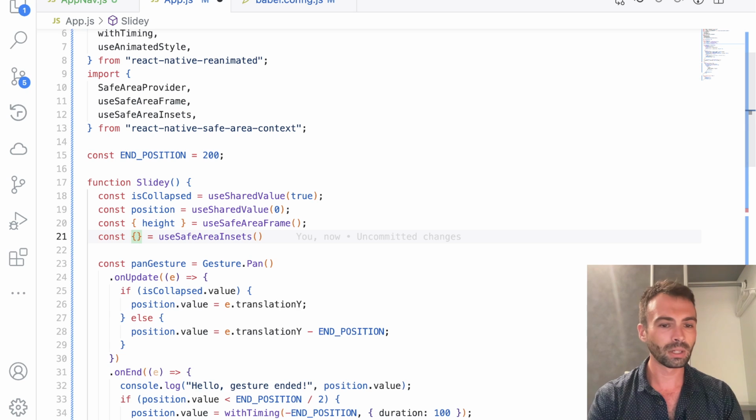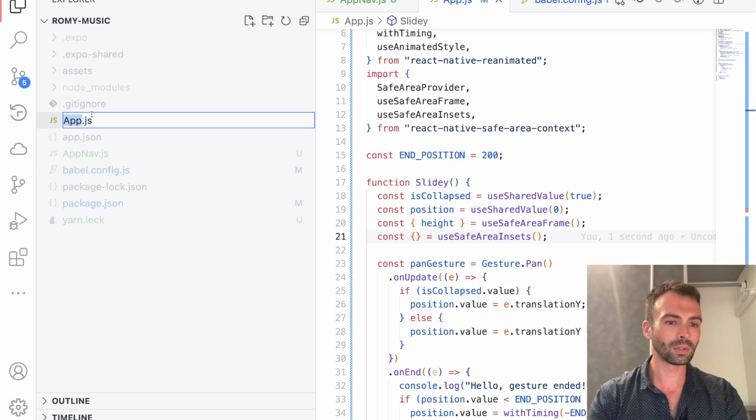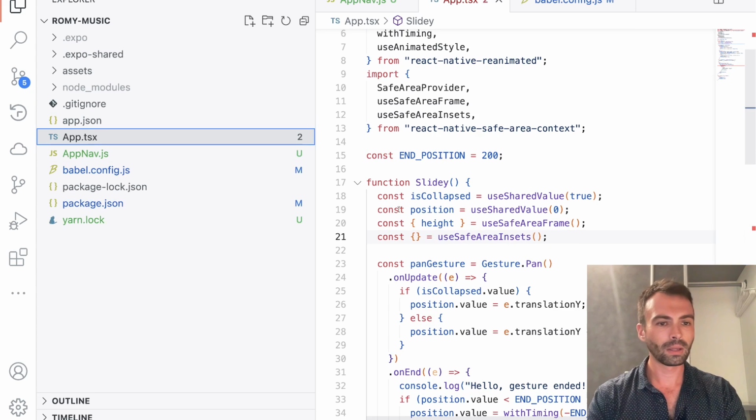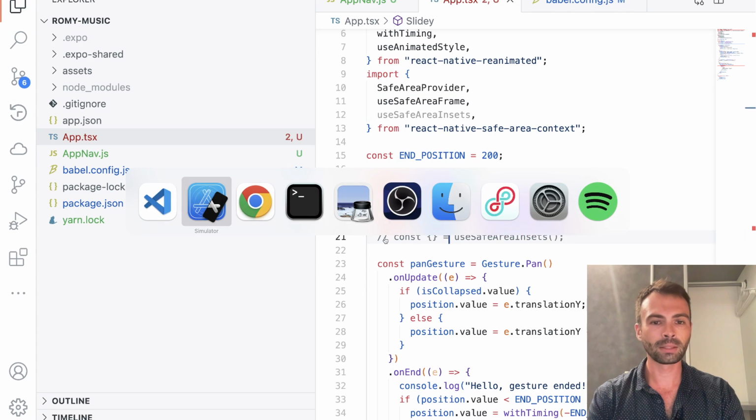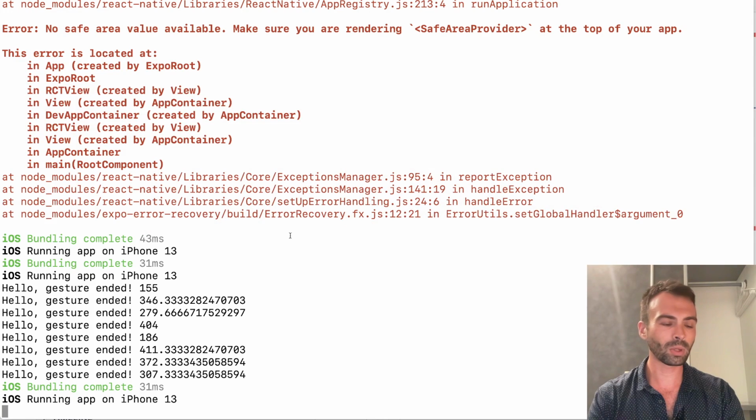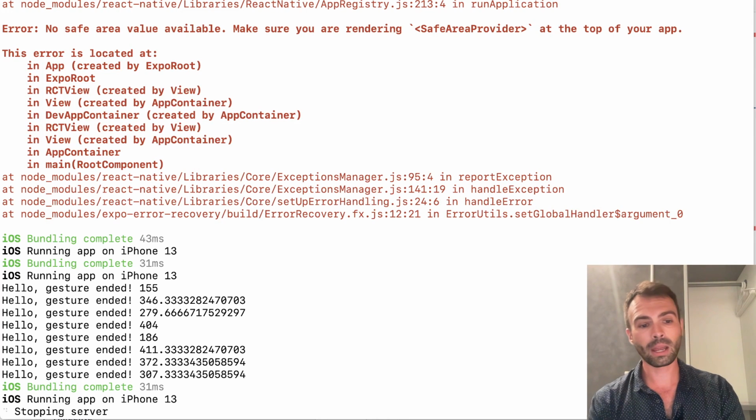So if I do, please give me the hint. It should give me the hint. Okay, maybe now is a good time to rename this to app.tsx. TypeScript time. It is TypeScript time, baby. It's like Morbin time, but for TypeScript. I'm going to restart Expo because